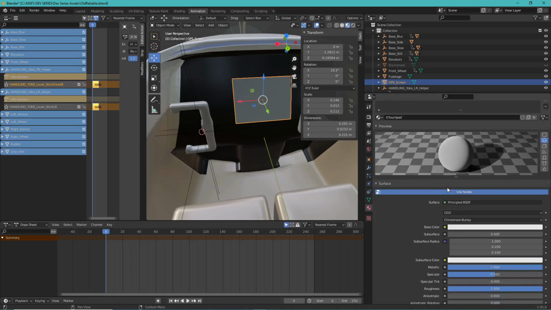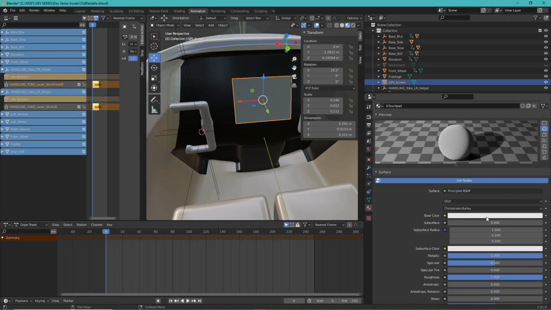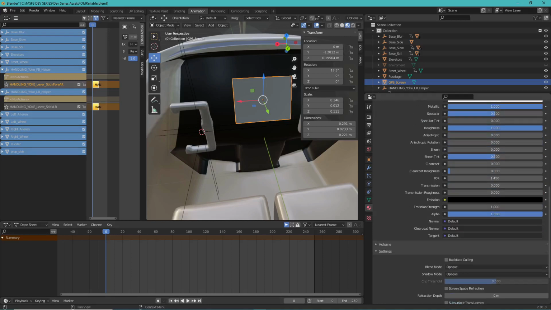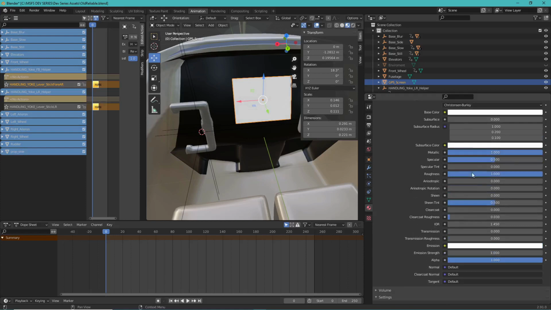And then up on the base color, you need to click that and make sure it is fully white. And then on the subsurface color, you need to make sure that is fully white as well. So we have 2 fully whites, metallic at 1.0, roughness at 1.0. And then on the emission, you need to click the emission and make sure that is fully white as well. So we have 3 fully whites, a metallic 1.0, a roughness 1.0, and then make sure your